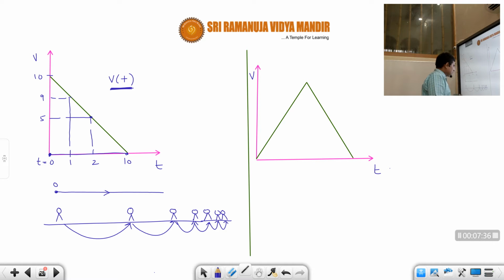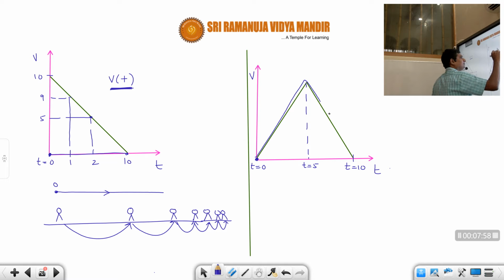So now what does it mean? See here, students, throughout its motion, from time t equal to 0 to, suppose, time t equal to 10 seconds. Let's say this may be time t equal to 5 seconds. Throughout this 10 seconds of motion, the velocity is positive only, no? The green color is above the time axis only. Has it gone to a negative value? No. So that means the velocity is positive throughout 10 seconds, which means it is going towards the right side only from the origin.